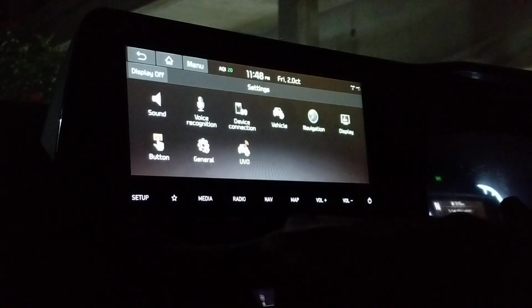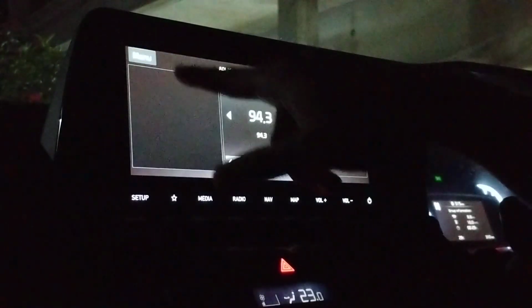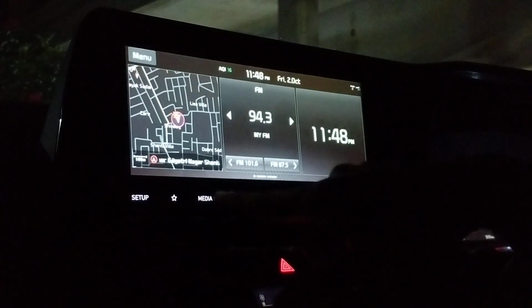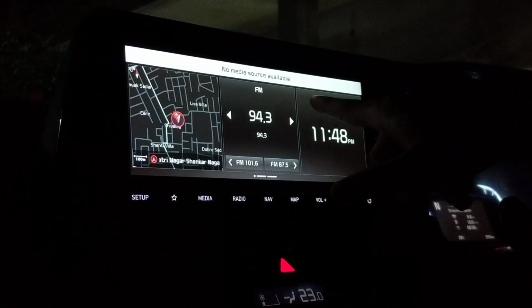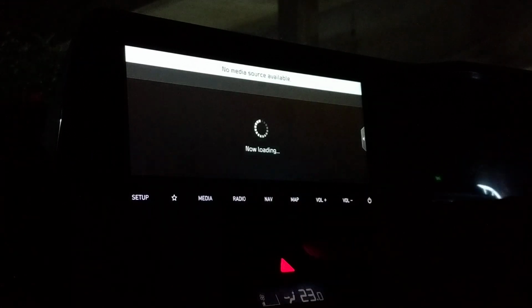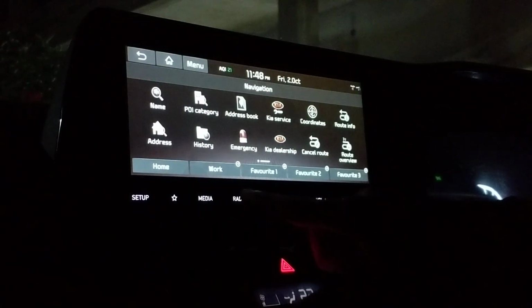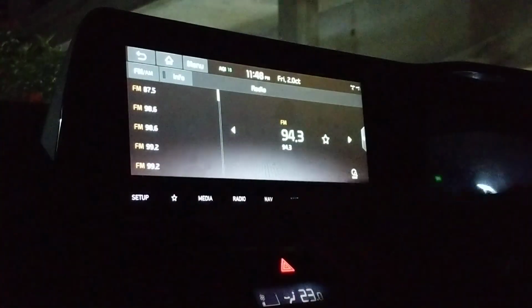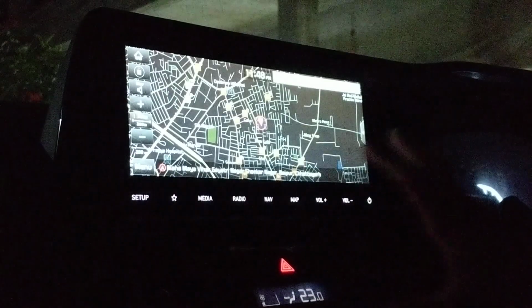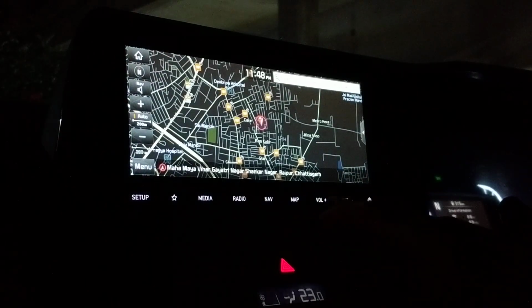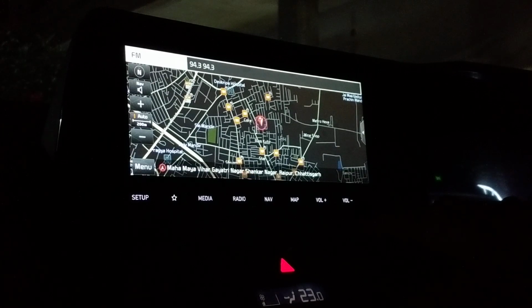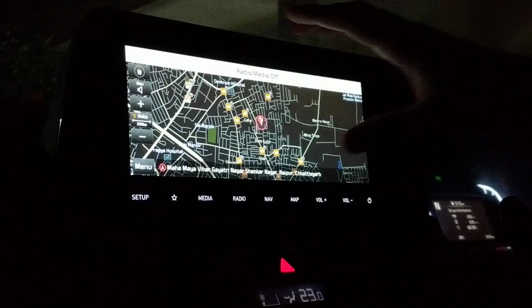There is a shortcut for the setup mode. You can click on this, and once you click, it will go to the setup mode. Go back. The media will go to display. Right now there is no source for media, so it is not showing radio. Then if you click on navigation, it will show the navigation buttons. Click on radio, it will show, right now it is FM, so we'll see all the stations over here. Click on the map, the entire screen will be occupied by the map, and there is volume up and down, and then there is a power button. When you click on this, it turns it off, right? So that's all about it.